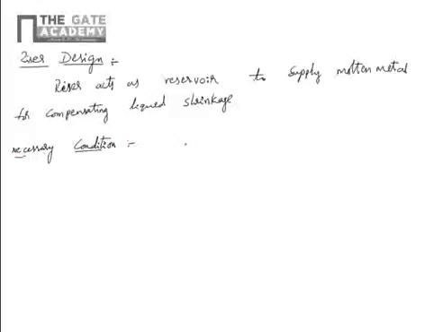Solidification time of the riser has to be more than the solidification time of the casting. As we know, solidification time is a function of volume and surface area, so based on that we have to design the riser. One method for riser design is Caine's method.